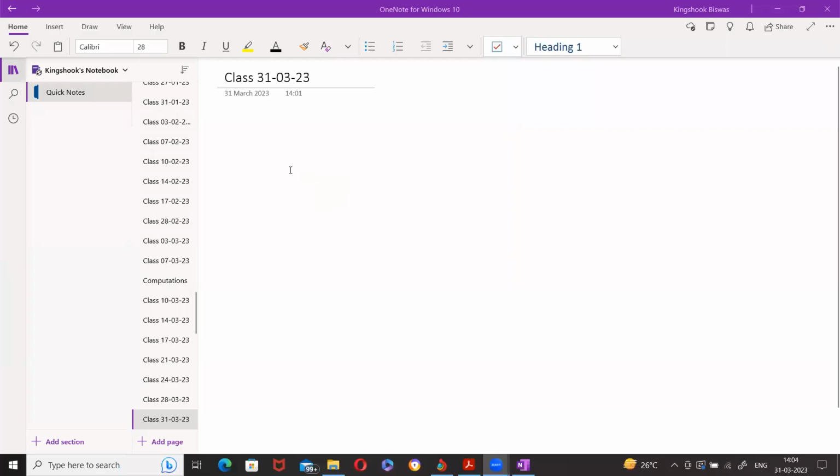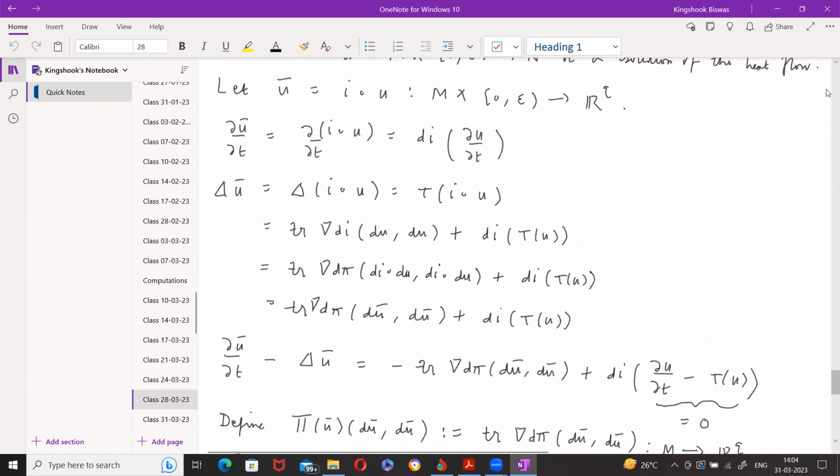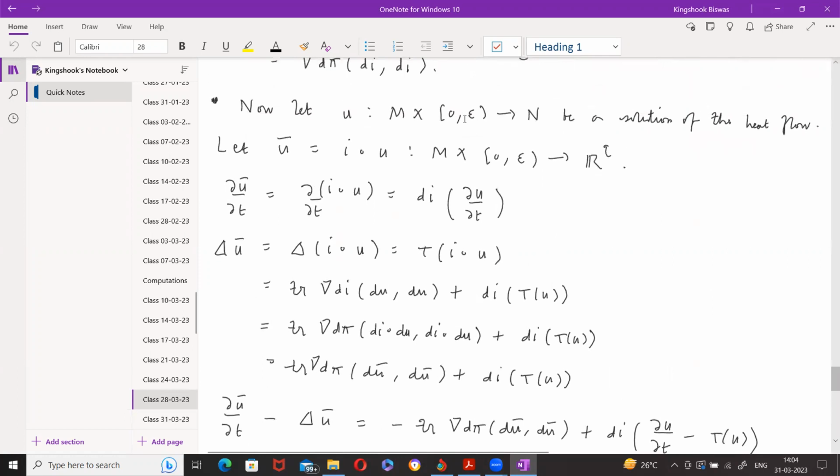All right. So we've started talking about the harmonic maps heat flow. So last time what we did is, given a map, say U from M cross (0, epsilon) to N, we took, using Nash's isometric embedding theorem, a smooth isometric embedding of N into some Euclidean space R^Q. So the embedding was called I. And then we composed our map U with I to get a map U bar from M cross (0, epsilon)